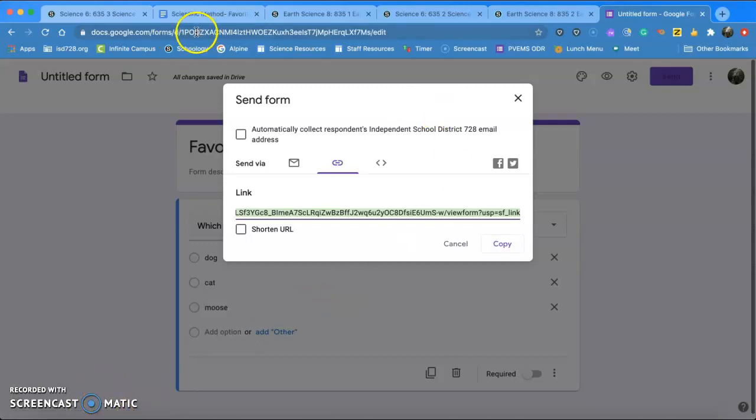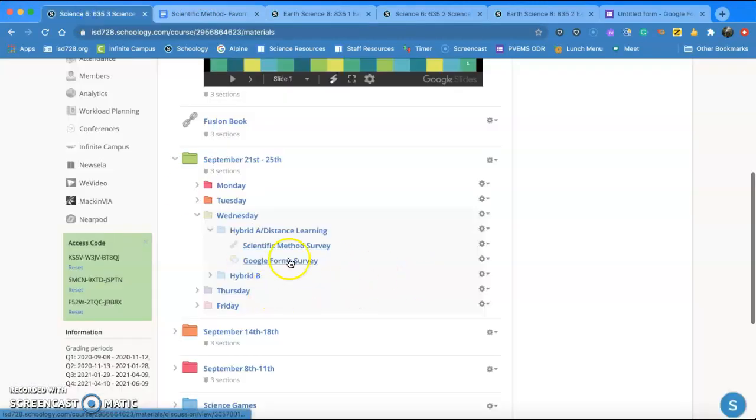Then I'm going to go back to my Schoology page, and this is where we're going to have to wait a couple of days because people are doing this at different times. So in the Wednesday folder, you'll see Google Forms Survey. So if I click on that,